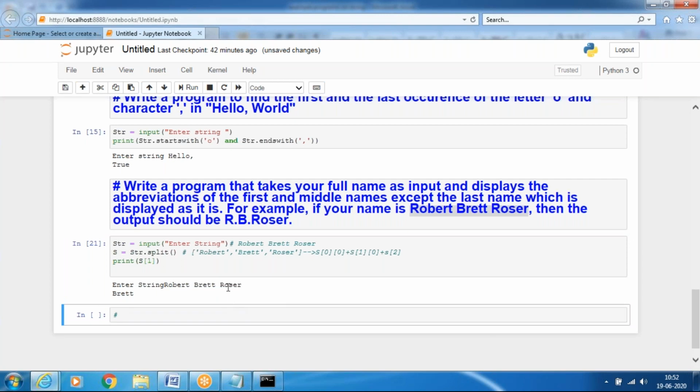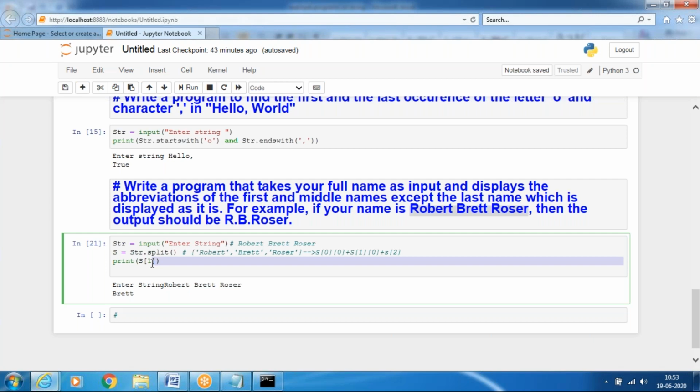In case S of 2, Roser will be printed. I want the first character of Robert and the first character of Bert. That's why I will use 0 of 0. 0 of 0 means the first character of the first string.